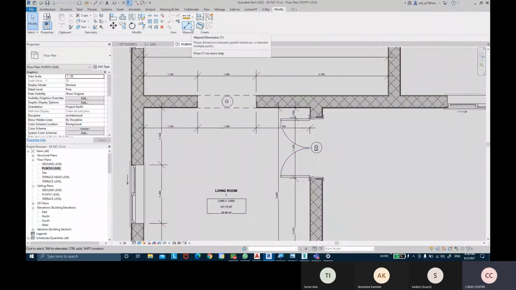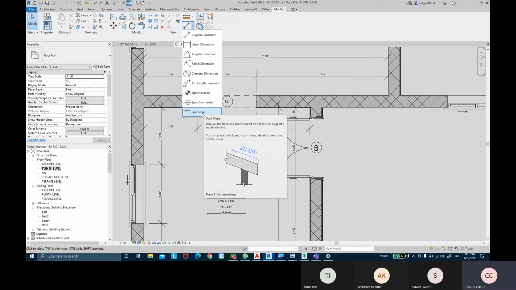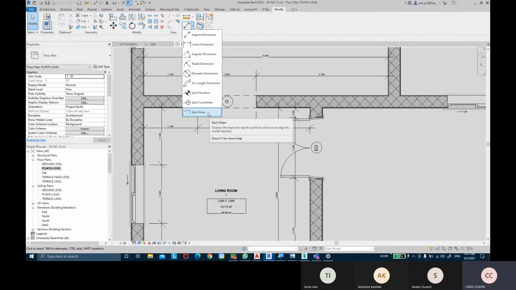Okay, then if you want permanent dimensions, you have these permanent dimensions like align dimension, linear dimension, angular dimension, radial dimension. You have diameter dimension, arc dimension, spot elevation, spot coordinate, and spot slope as well basically. The slope is generally for ramps, or if you have created any slope element like sunshades, or if you have created parking ramps basically, that you want to find out what is the sloping angle or sloping ratio, you can take the spot slope command basically there.